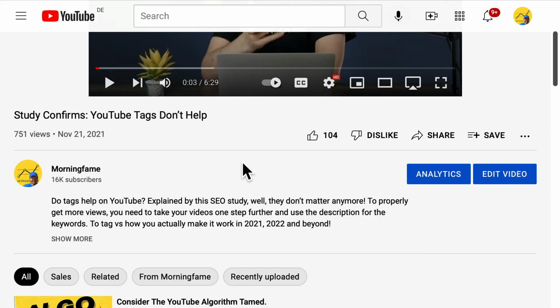So the overall rule of thumb here is that the first 3 lines that you also see on the watch page here on YouTube, before you click show more, so those first lines that show up right away, these are the most important ones. You want to include the words of your search terms, ideally in these 3 lines, maybe even the first line. That said, how much you can do with the boost is limited.